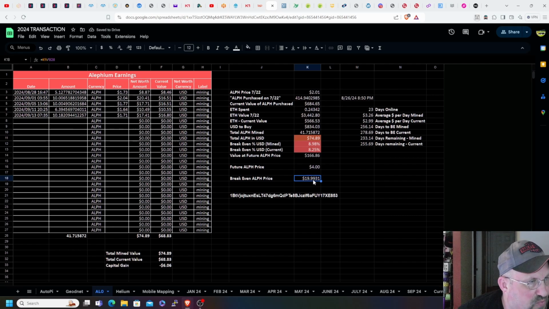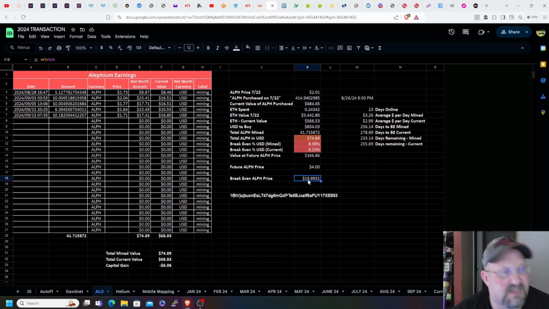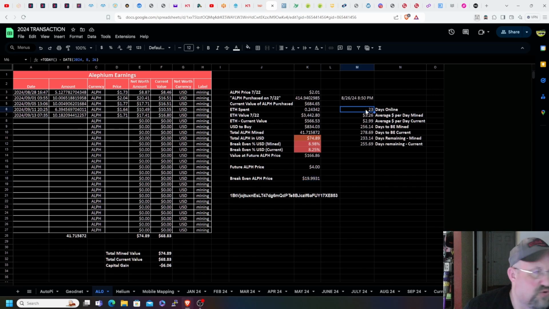And then break even lithium price. This is the amount I spent in US dollars divided by the number of coins I mined so far, and this number will constantly go down as I mine more lithium. And then this gets into a little more complicated stuff. This formula I actually had to Google. I had no idea how to do it, and just to figure it out,